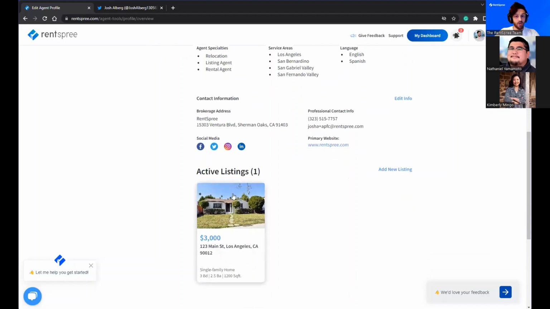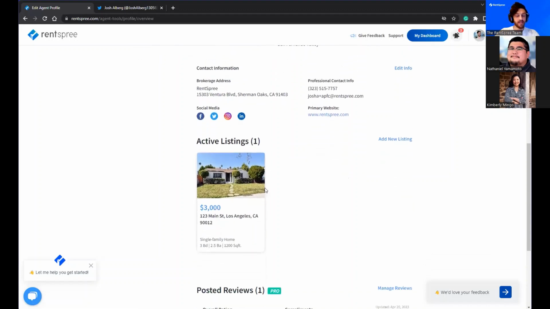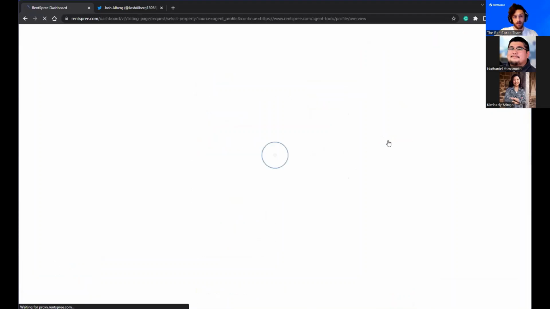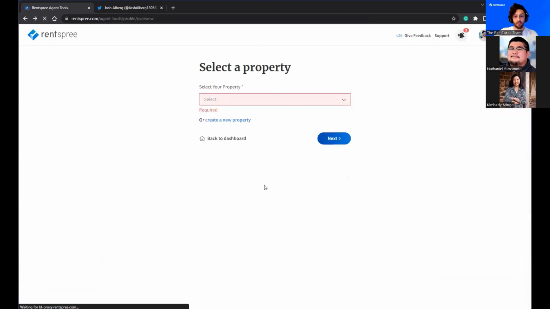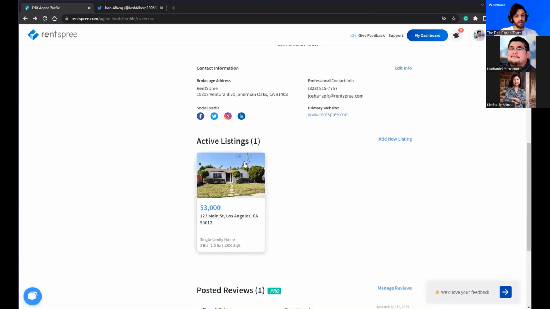You'll also see here your listings. The listing pages are another feature that we offer, and it ties directly into RentSpree, a great way to generate traffic to your leads from your agent profile. As I mentioned earlier, the agent profile itself is publicly searchable and will return results in search engines. So as long as you've added active listings to your agent profile, which you can do by clicking add new listing here, and then selecting a property or clicking create new property,